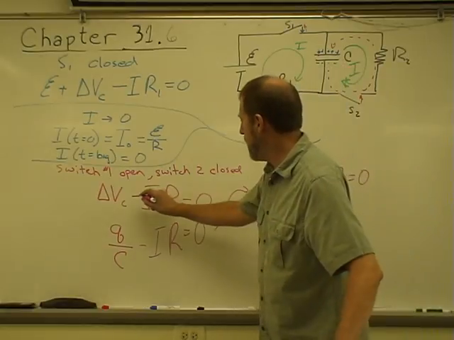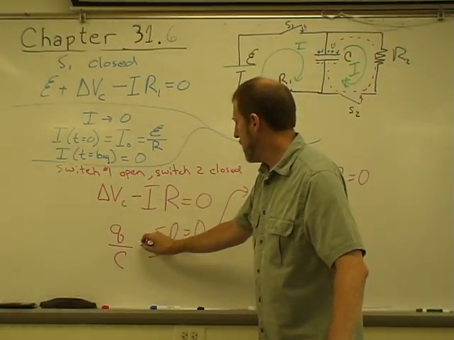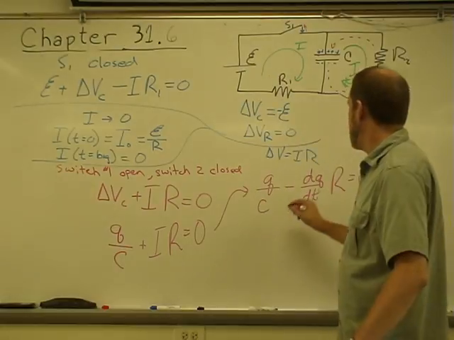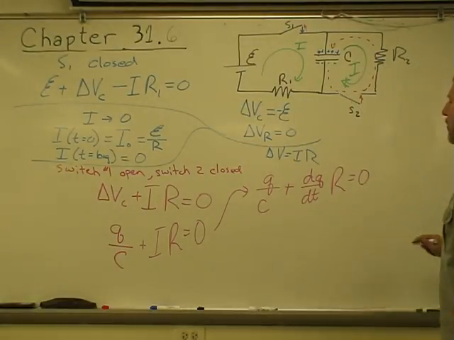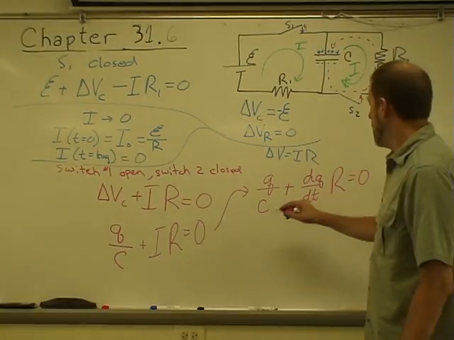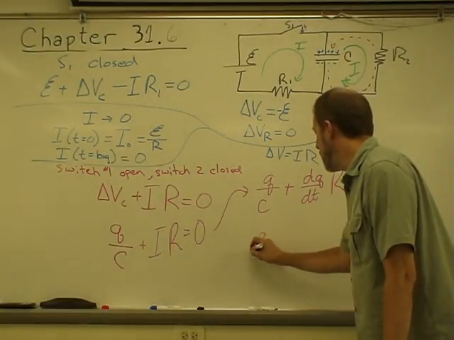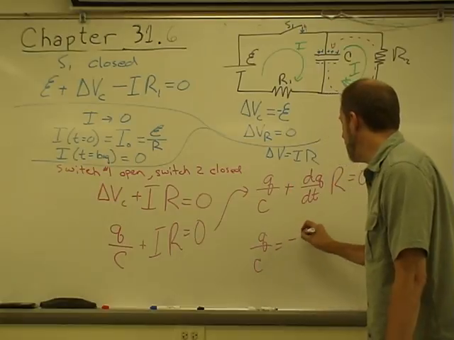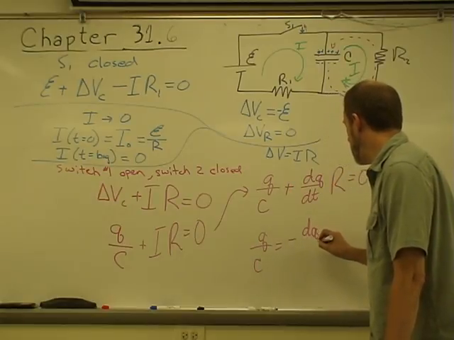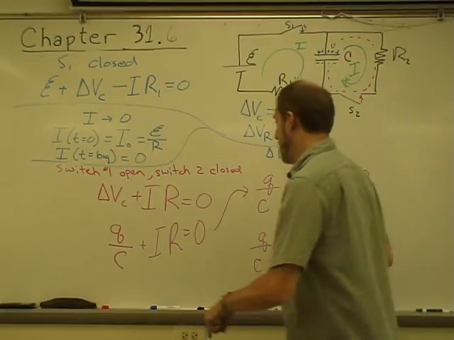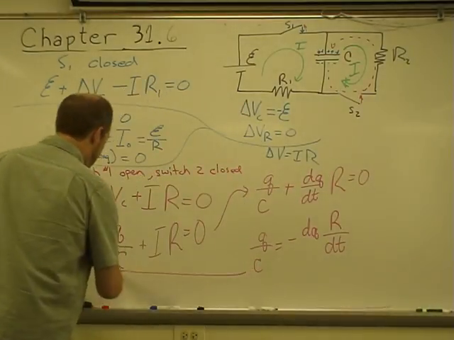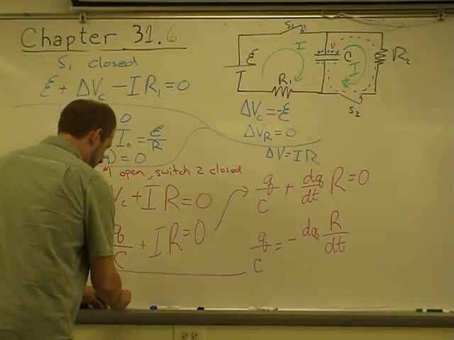We're just keeping those on the same side right now because I can rearrange this equation. From Q over C is equal to negative dQ times R over dt,